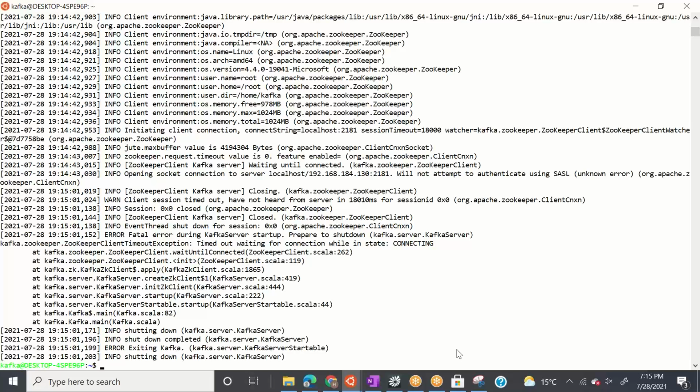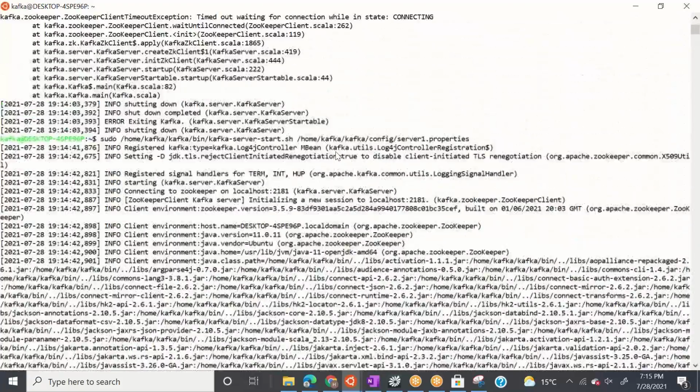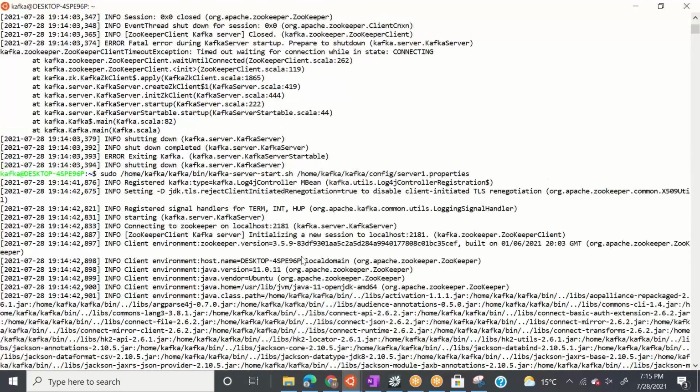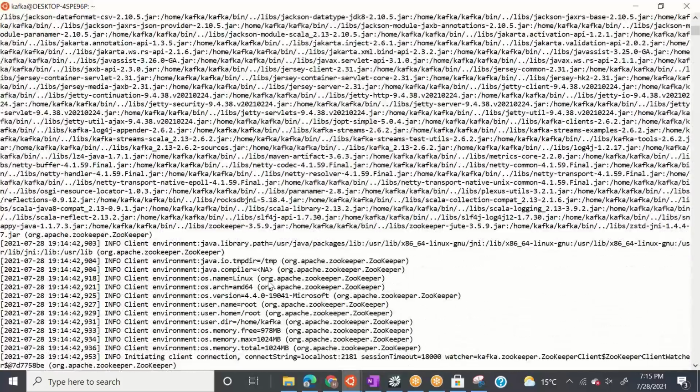One second, let me read it. Basically, I have hard shut down the machine for you guys, so some of the properties are not closed. Let's see quickly.